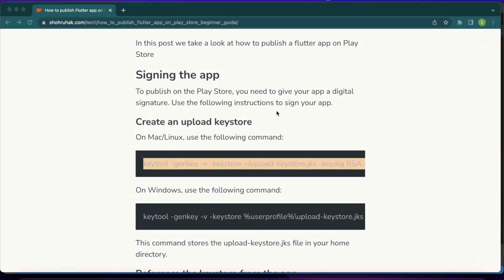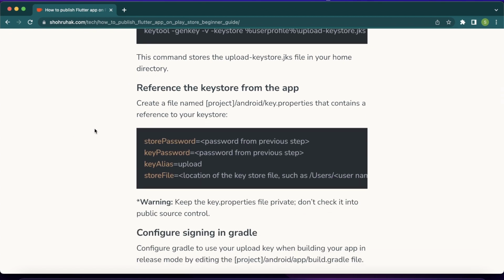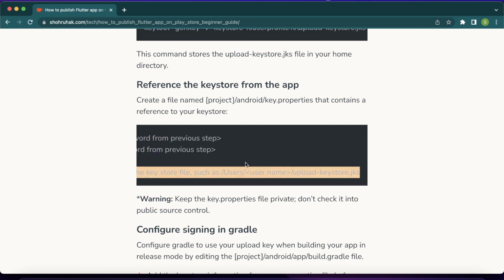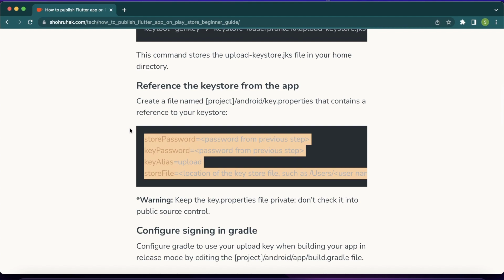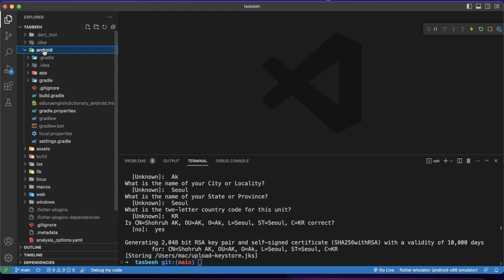So I will come up here again. I will open the browser and that blog tutorial. Here, as you can see, the next one is reference the key store from the app. So we need to give the reference to that key store we generated. So I'll copy this. For it, we have to come to this Android folder in your project, and there we